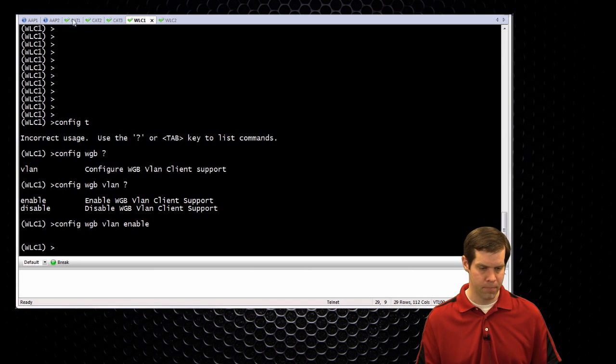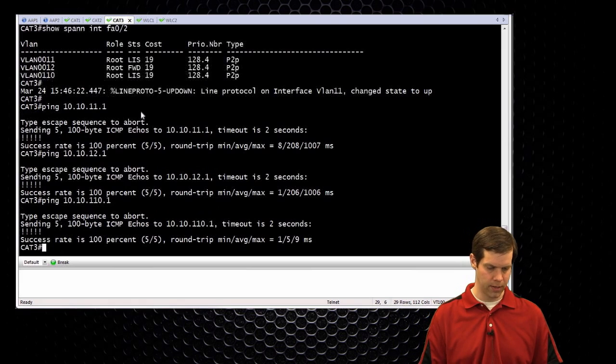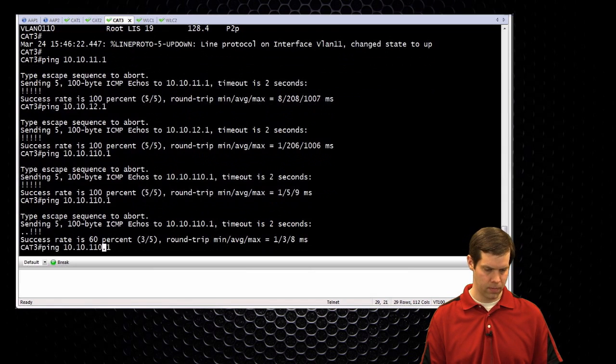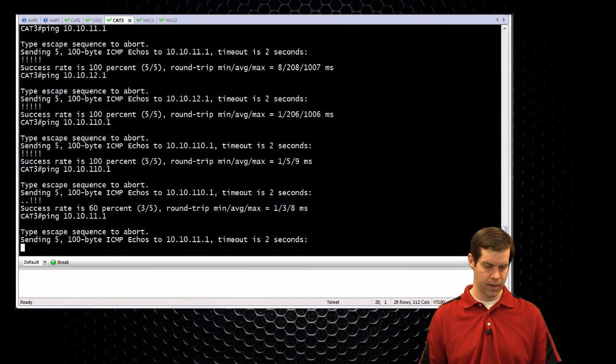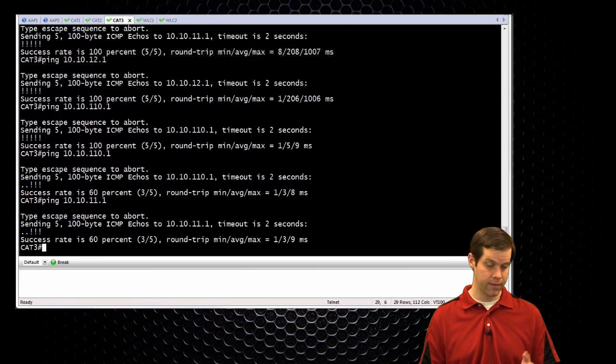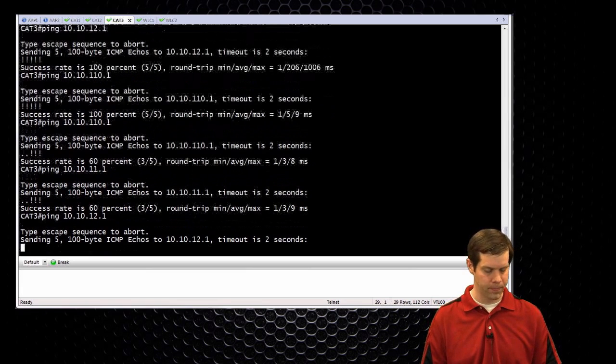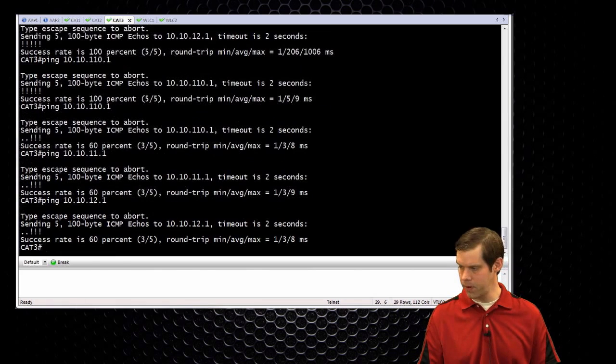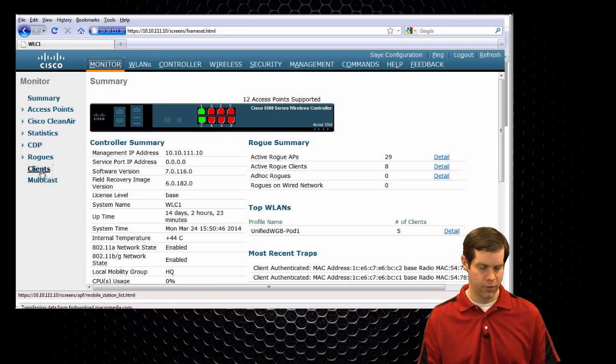So let's see if this is working. Okay, 110 is working. How about my non-WLAN, VLAN? So the WLAN is on 110, but 11 is working now. How about 12? And there we go. If we go up to our wireless LAN controller, should be able to see our clients